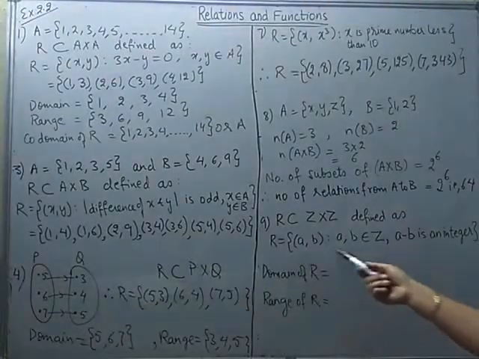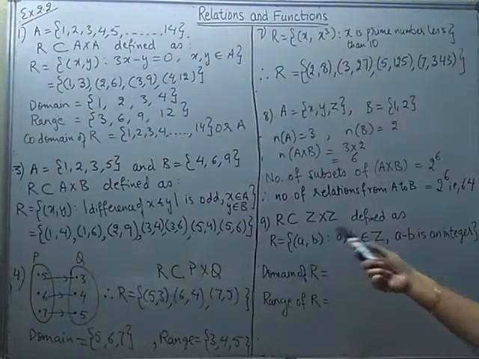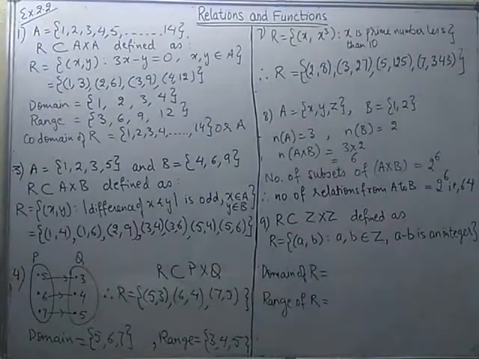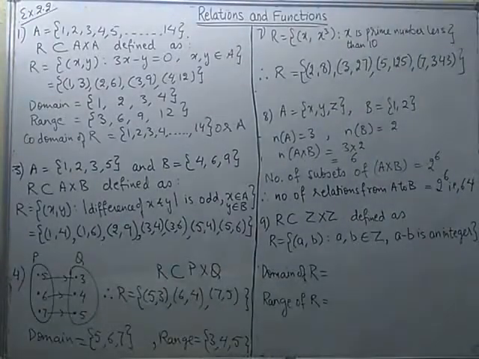See, we are not writing R in roster form here. The reason being, it will not be a finite set. Okay, because we don't know the smallest integer, we don't know the largest integer. So as far as assigning the values to a and b is concerned, whichever integer, we know their difference will always come out to be an integer. When two integers are subtracted, the difference may be a negative integer, it may be 0, it may be a positive integer, but it will be always an integer.